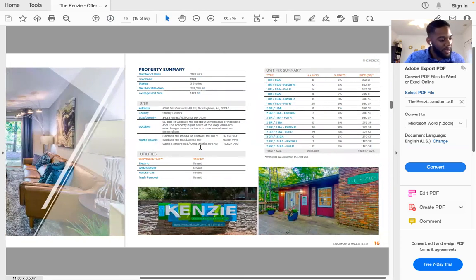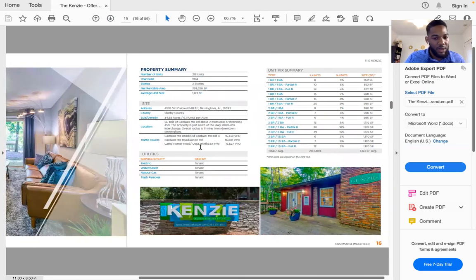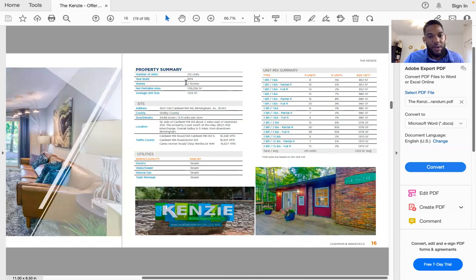Okay. So let's hop in and talk about just the property itself, right? This is a 213 unit property. It was built in 1974, a 2-story building, and it's located in Shelby County. And this is the unit mix here. So we have a good amount of 1-bedrooms. It looks like about 60, 70, about 80-something 1-bedrooms, and about 100 to 120 or 130 2-bedrooms.